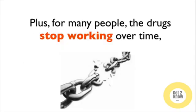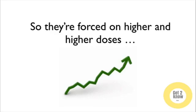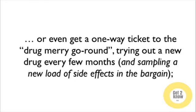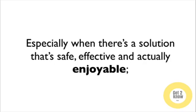Plus, for many people, the drugs stop working over time, as their bodies adapt to these foreign substances, so they're forced on higher and higher doses, or even get a one-way ticket to the drug merry-go-round, trying out a new drug every few months and sampling a new load of side effects in the bargain. Too many people live like this, and it just isn't necessary, especially when there's a solution that's safe, effective, and